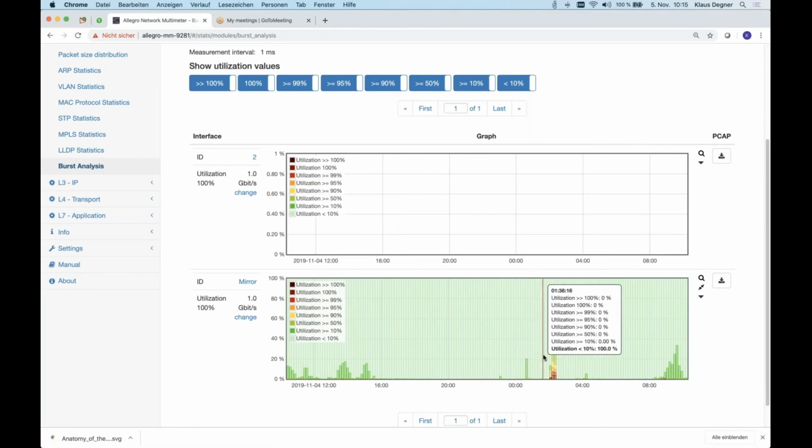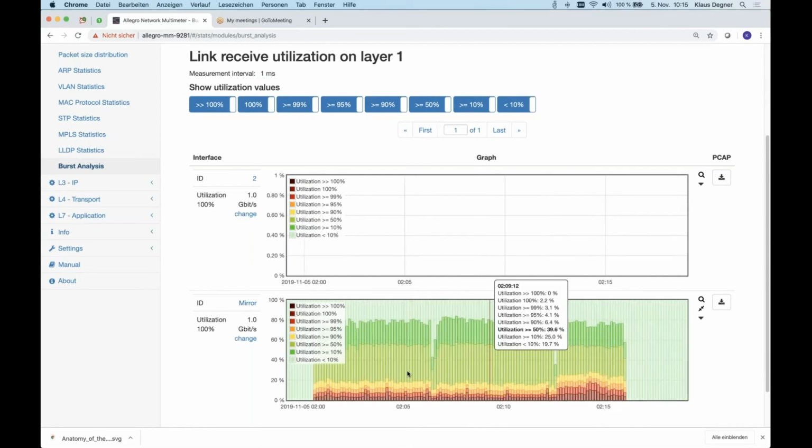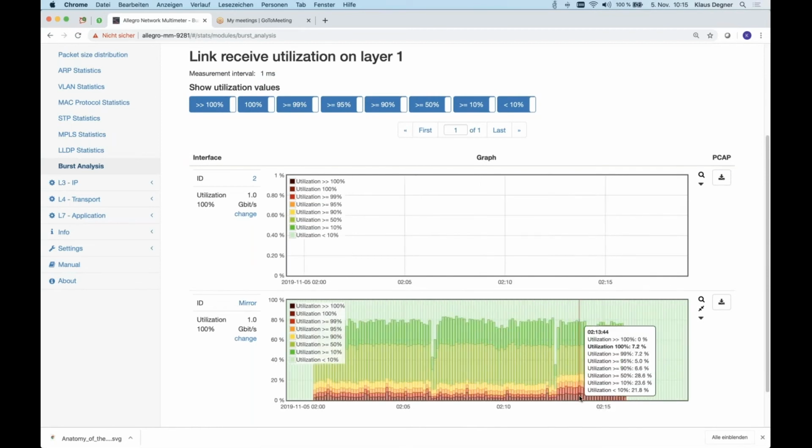And if we see here a peak, we can easily zoom into that peak and see it was again 2 a.m. that our 500 megabit transfer created at some point, for example, here a load of 7%, which means 70 milliseconds of that 1 second, the link was fully utilized. And for example, at that time, maybe VoIP could be degraded by that backup. And that's very easy to see.